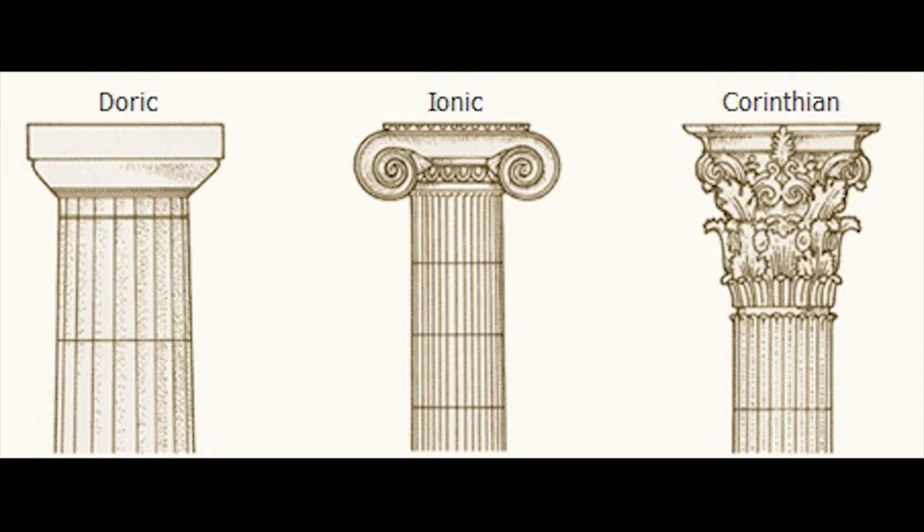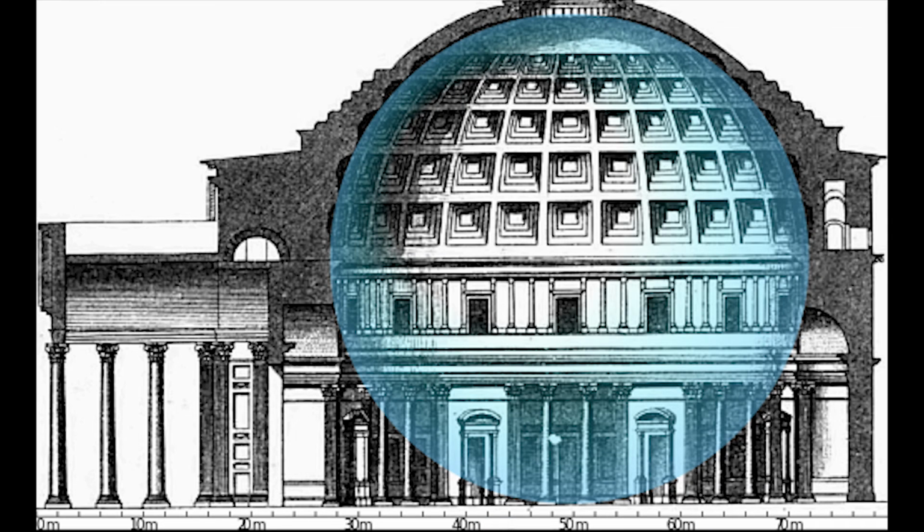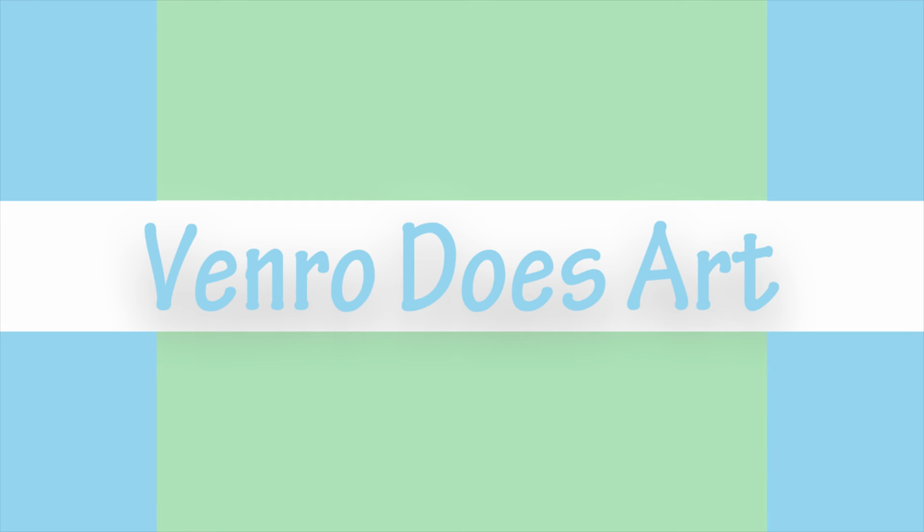One such difference is the type of column they primarily use. While the Parthenon makes use of the Doric order for the most part, the Pantheon instead opts to use the more decorative Corinthian column. The actual frieze and pediments are not all too different, but the Pantheon hides another secret behind its facade, and that is the oculus. This dome was an architectural advancement that the Romans were at the forefront of, and as such would not be seen in ancient Greece. The Romans had also invented the arch, and this was just a natural extension of that structure. Well, that wraps up my discussion on Greek and Roman art.